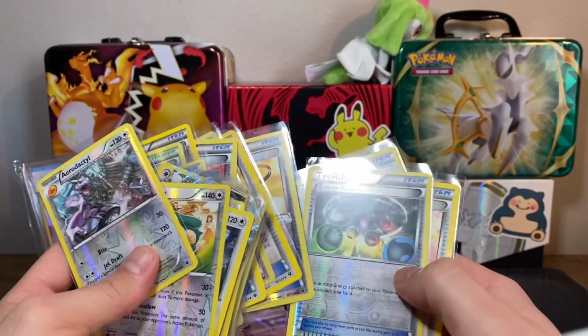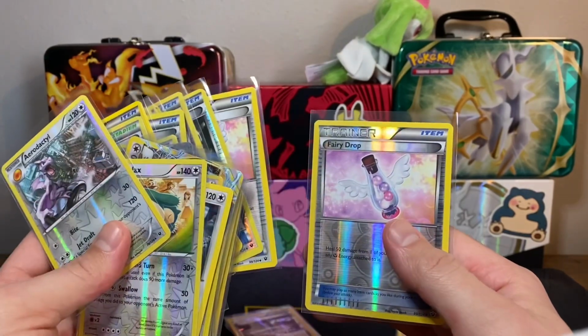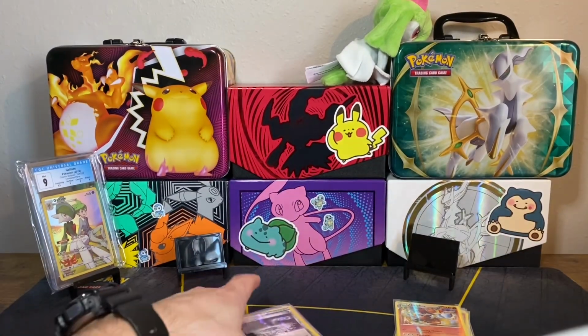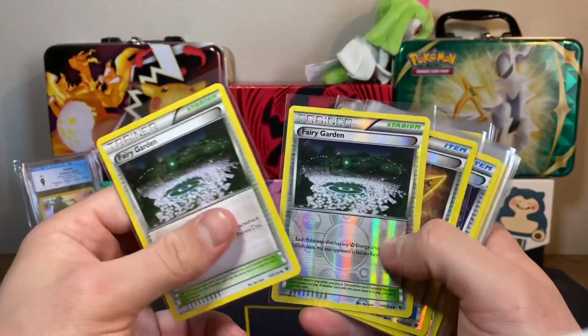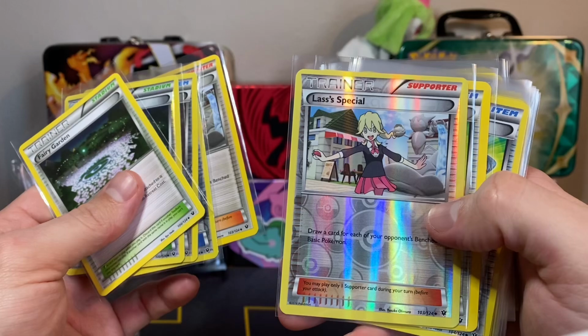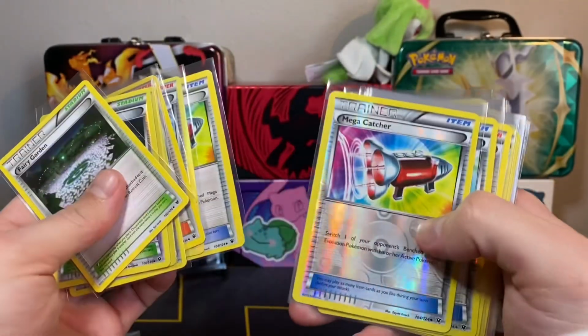Got some Fossils, Energy Pouch, Energy Reset, the Fairy Drop. That one might have been worth something, I can't remember. Got one more little stack here. A lot of Trainer cards, surprisingly. Got the Lass's Special, the Mega Catcher,